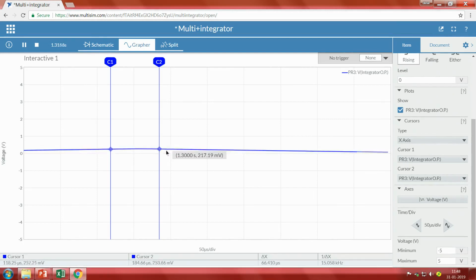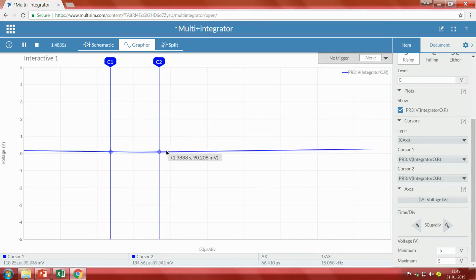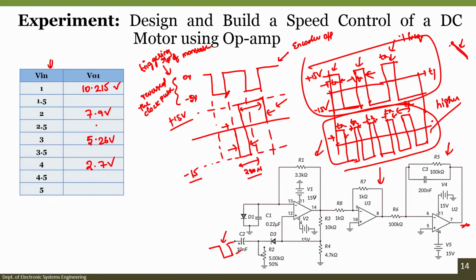Let me run. Now, if I notice, we got somewhere around 200 millivolts, but it keeps on fluctuating. That is because of the capacitance value. If you slightly increase the capacitance, the problem would be solved.